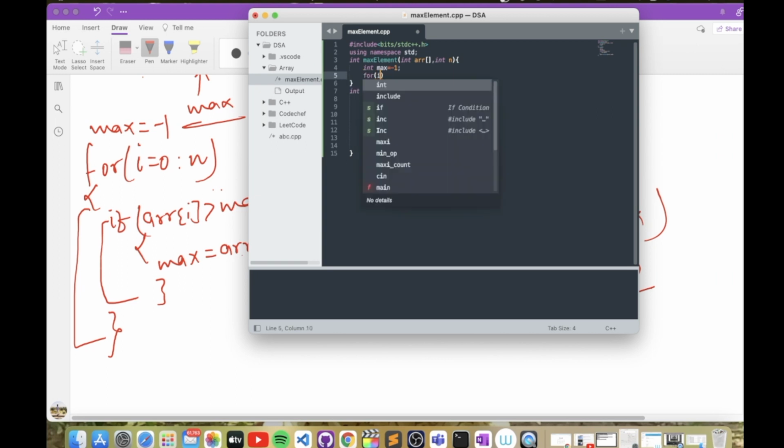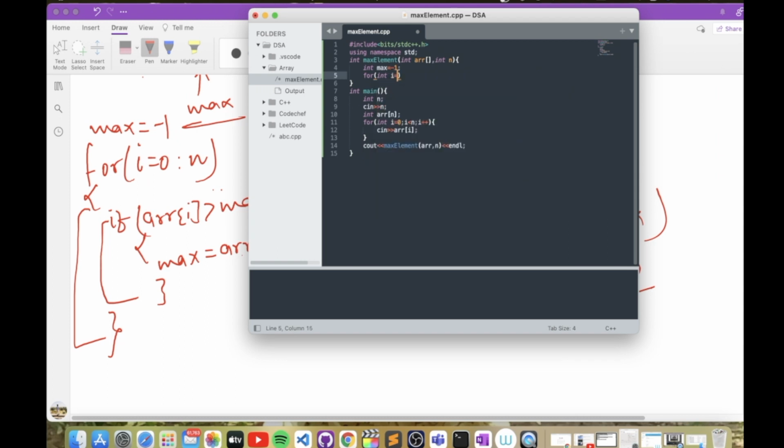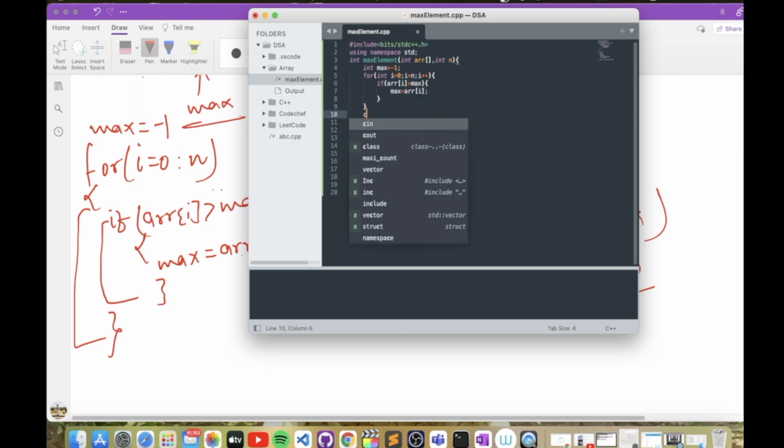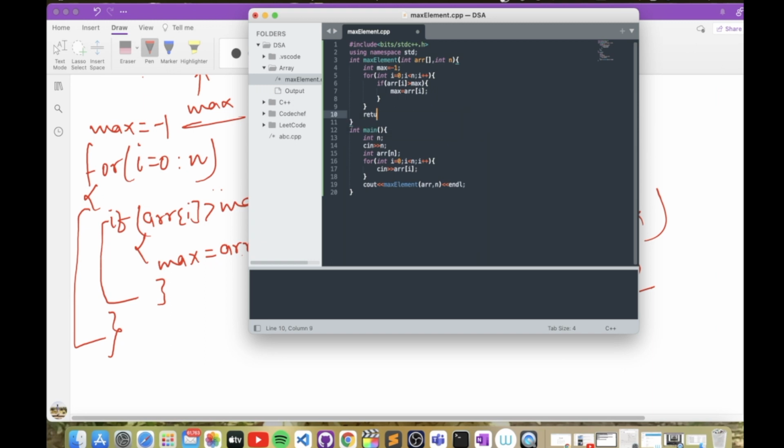I have taken a for loop, traversing from I equal to 0 to I less than n. Now we will check if ARR of I is greater than max. If true, then we will update the max with ARR of I, and at the end we will return the max element.